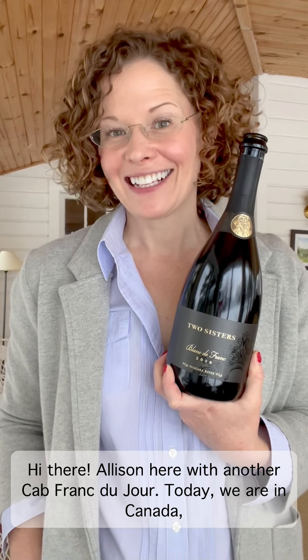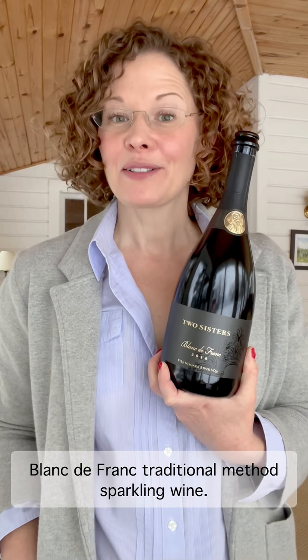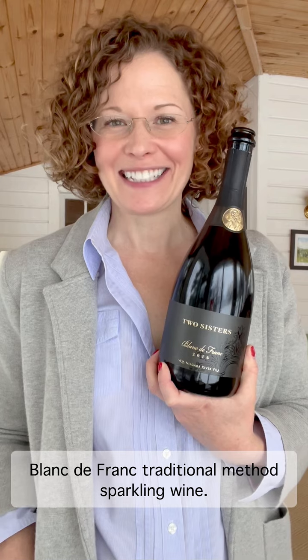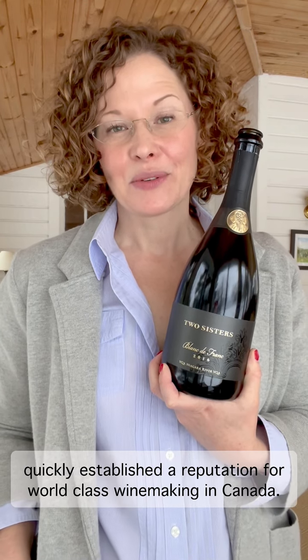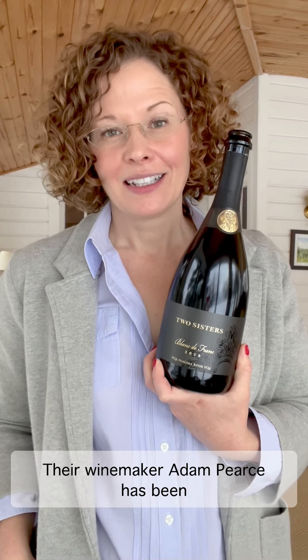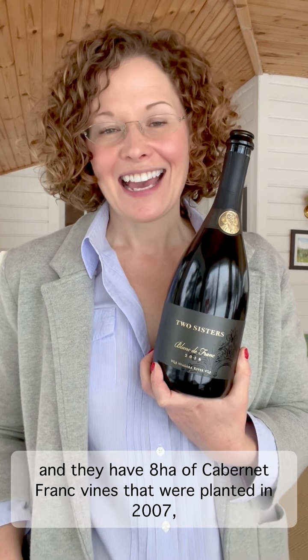Today we are in Canada and we're looking at the Two Sisters Winery 2016 Blanc de Franc Traditional Method Sparkling Wine. Two Sisters Winery began in 2014 and has quickly established a reputation for world-class winemaking in Canada. Their winemaker Adam Pierce has been on board with them since the very beginning, and they have 8 hectares of